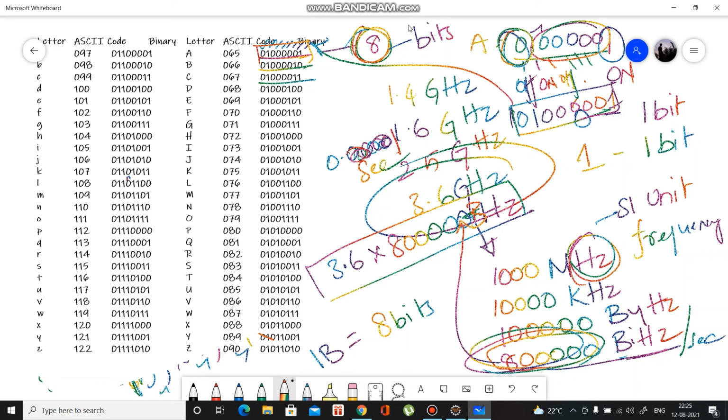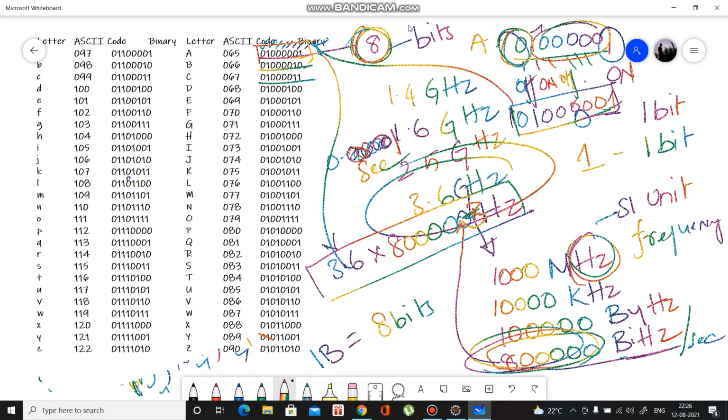I'm not adding. So the speed of the system is like that. It depends on your processor, that's the main thing. And this is how a high level language gets converted into a machine level language. Machine level languages may be binary codes, byte codes, anything. So this is the main process.